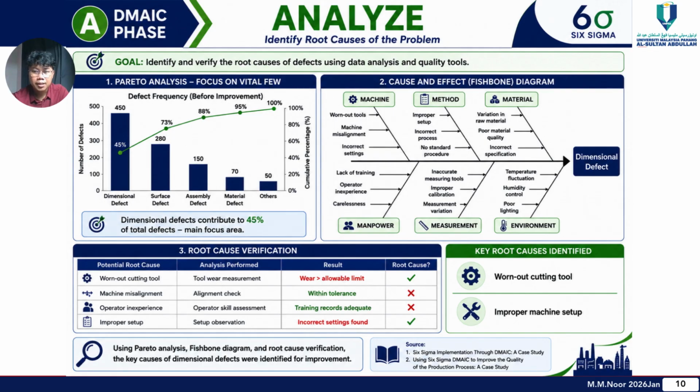So this table is used to check whether the suspected causes are actual causes of the problem. From the analysis, we found that worn-out cutting tools exceed the allowable limit and improper machine setup had incorrect settings. So these were confirmed as the main root causes. Overall, in the analysis phase, we successfully identified the key causes of the defect that need to be solved